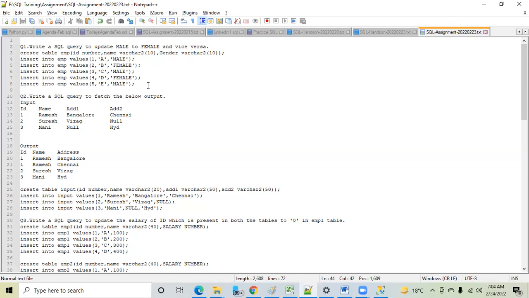Is it clear? The data in stage is an exact copy in the integration layer. So you have to write queries. What all queries you are going to write? One query, two, three, four, five, whatever. But think yourself as that developer, and you have to show the evidence to the business stakeholder that yes, I have written all these queries, and I can confirm that now the data in the integration layer is an exact copy of the stage layer. It means data has been loaded correctly, perfectly, in the integration layer. Is this clear? Anyone who wants me to repeat this question again?